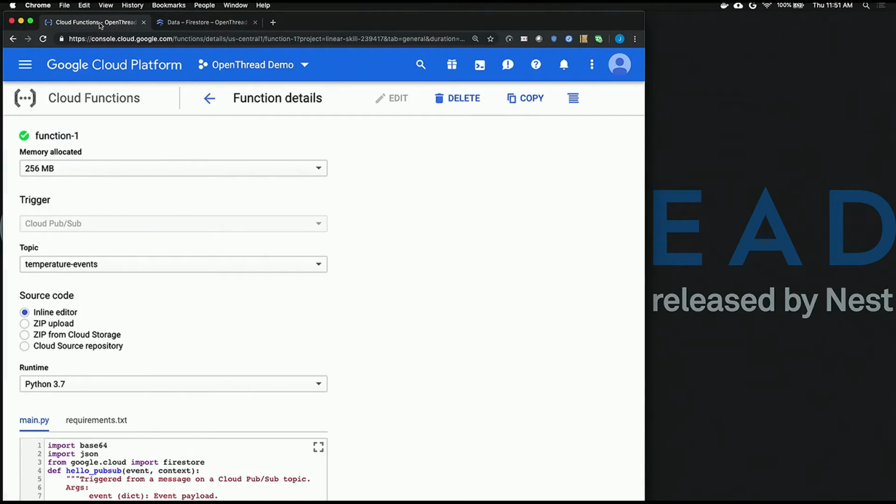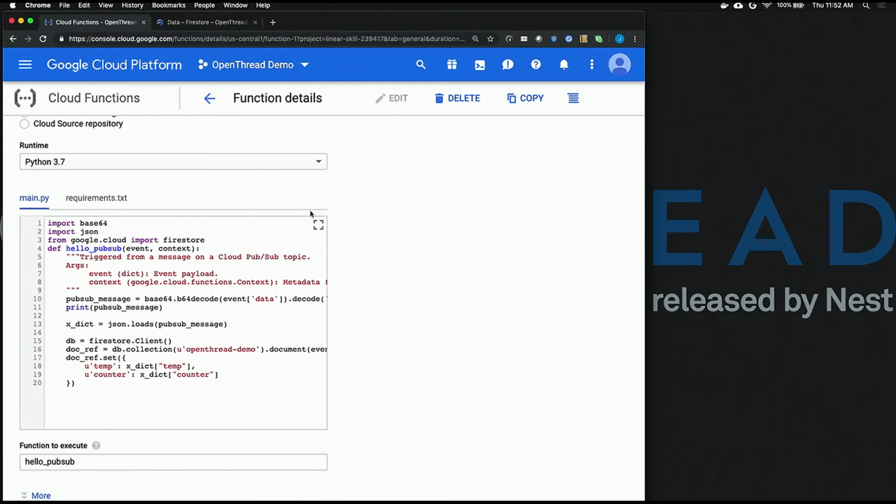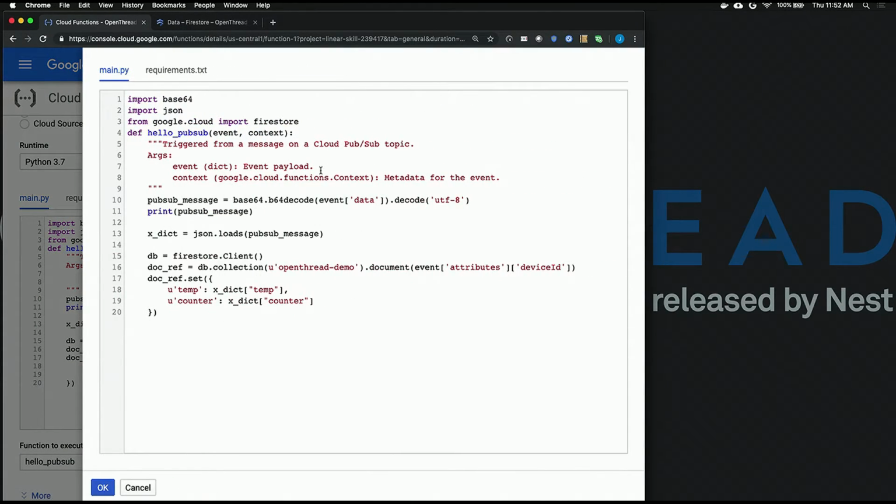So now let's switch over to my laptop and show you some live demos. First thing I'll do is pull up the cloud function on the cloud side. The cloud function listens for the topic temperature events, and each time that it's triggered, it simply decodes the payload, which includes the temperature data, and puts that into a Firestore database.